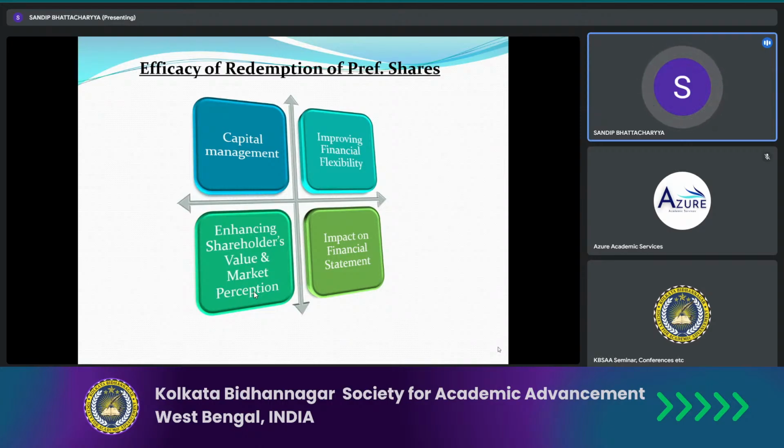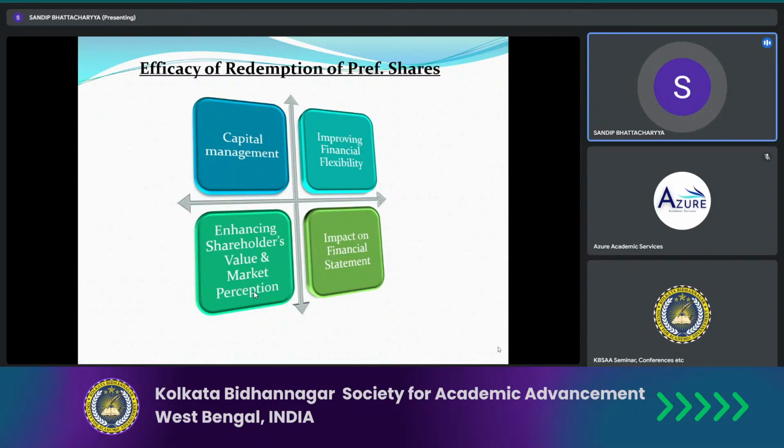That means if you do not have a sufficient amount of fund, if you do not have sufficient liquidity, how can you say that the preference share will be redeemed in a smooth and flexible way? No, my dear students, it cannot happen. So first you must check the liquidity position as well as the sufficient amount. If it is not, then you can move to the other sort of persuasion. And it can improve financial stability, better governance and better practices.